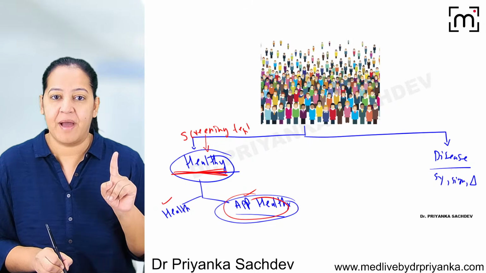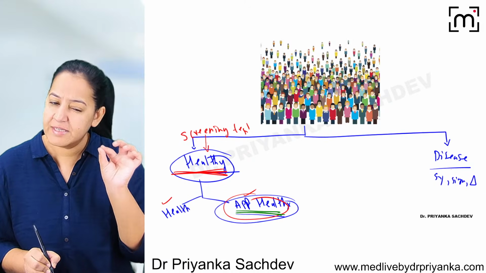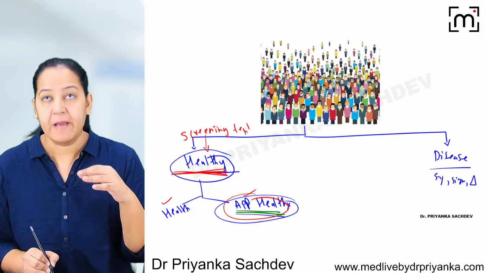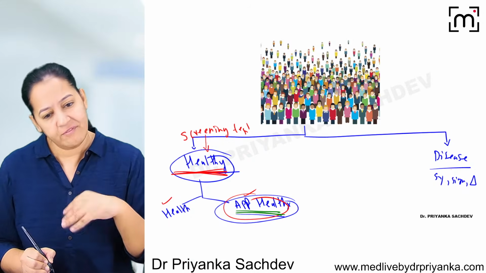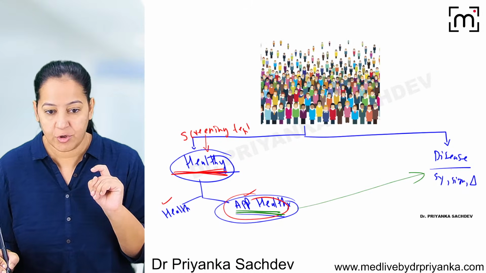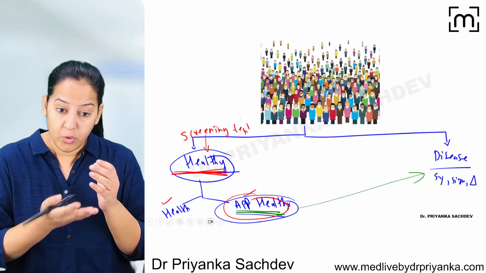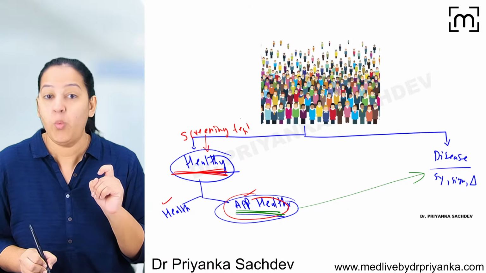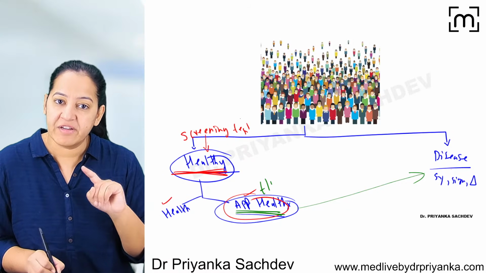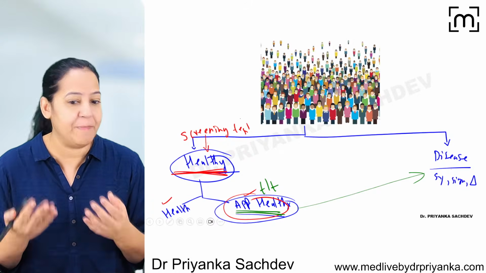You may be thinking that apparently healthy is a group of people who currently do not have symptoms because the disease is very small inside them. Once the disease grows, they will have symptoms, and once the symptoms are there, they will be shifted to the diseased group. So why do we actually perform the screening test on healthy people? To take out the group of the apparently healthy. Why? Because we want to offer them treatment before they present with symptoms so that the outcome is better.